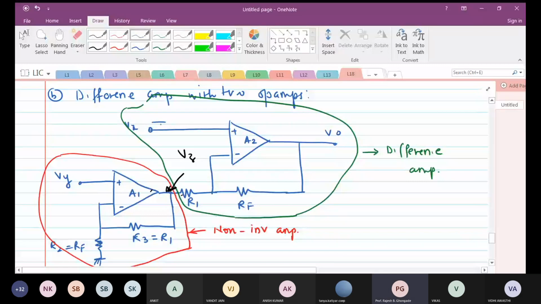Vx looks at a non-inverting input, and so it will see a very high input impedance. Vy also will see a non-inverting input and very high input impedance. So we have solved the problem of the last case, which had high input impedances for both inputs. But again, the impedances seen are not really equal. Even though they are high, they are not equal. For precision work, you require that to be exactly equal.